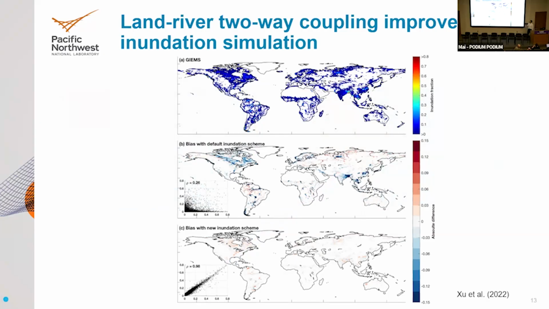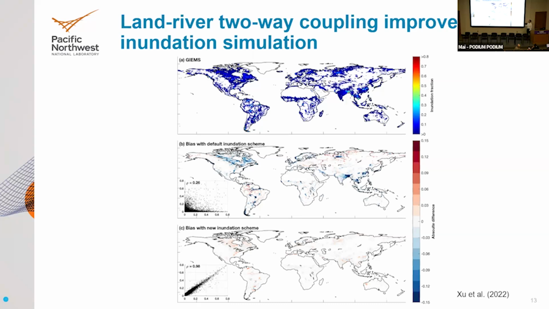In this figure, panel A shows the observed land inundation fraction from the GIEMS satellite data. In this figure, the white color is the grid cell without inundation, the blue color is the grid cell with lower inundation, and the red color is higher inundation. The inland inundation hotspots are the Amazon region, floodplains, and the Pantanal region, and you can also see the Ganges Delta. This is well known. And panel B shows the bias of the simulation when we use